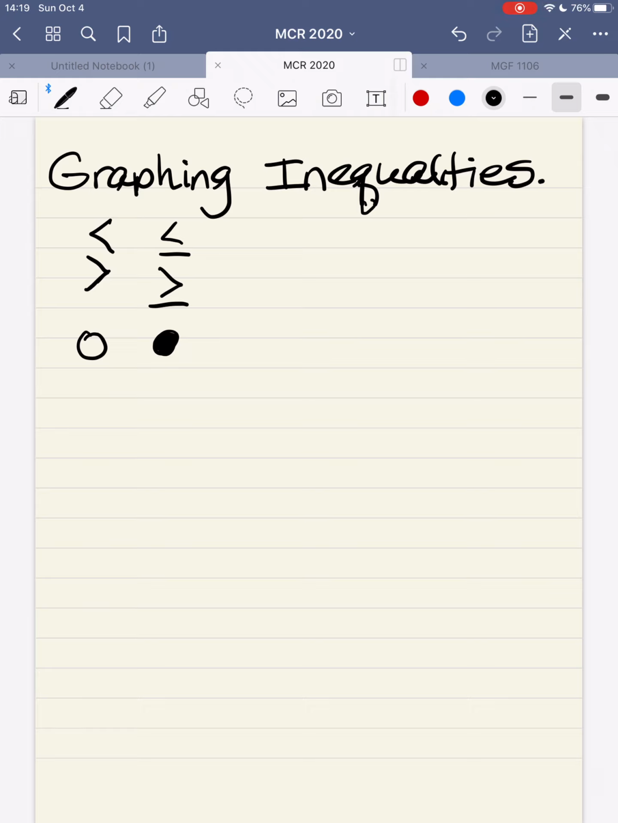We're going to mix it up just a little bit here because now we want to get away from the whole idea of closed circle and open circle. And instead of an open circle, we're going to start using a parenthesis. And instead of a closed circle, we're going to start using the idea of a bracket. Okay. So let's look at a quick example of how this would happen. So if I have x is greater than 3,